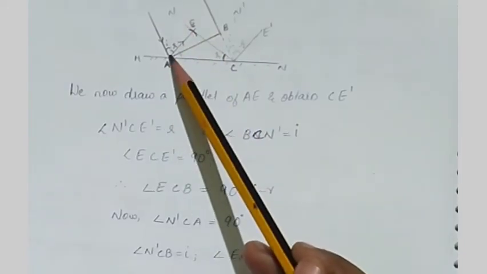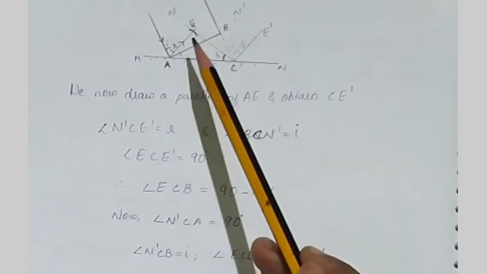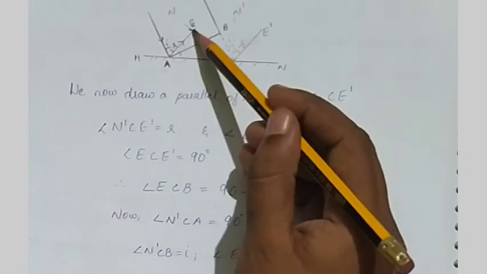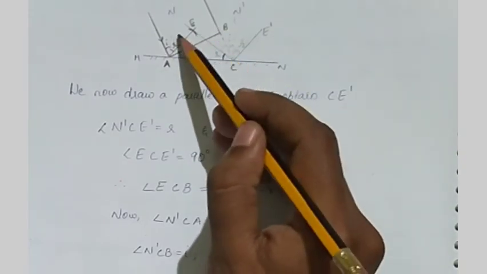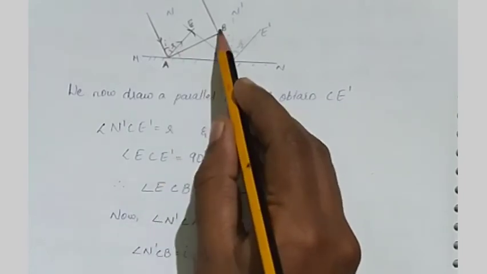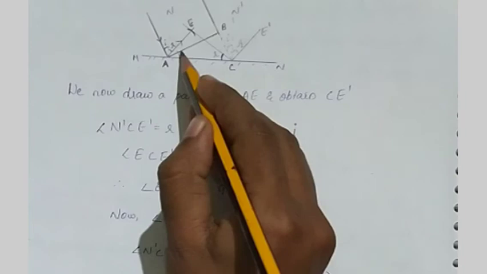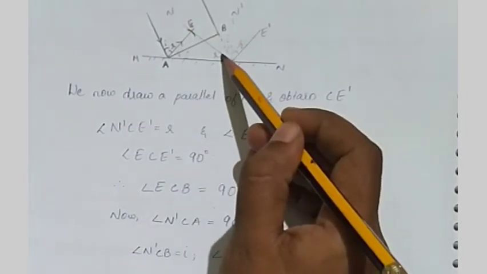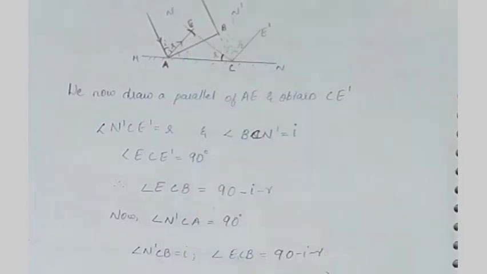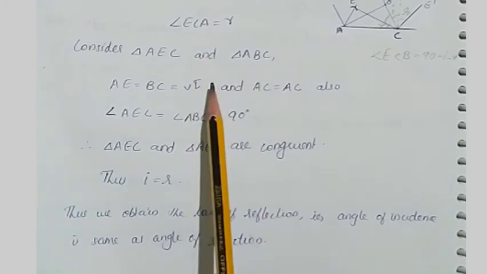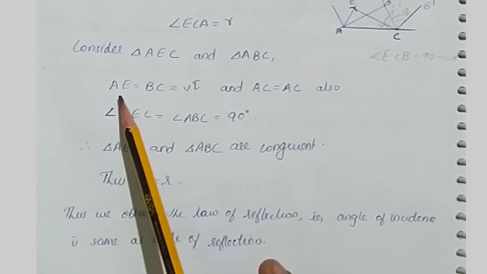So here, as we told, we are considering the triangles AEC and ABC, and when we compare these both, we have obtained that sides AE and BC are equal, and in the triangle ABC the angle BAC is i, whereas in the triangle AEC the angle ECA is r. So we have the triangles AEC and ABC as we discussed in the figure, and we obtain the relations,